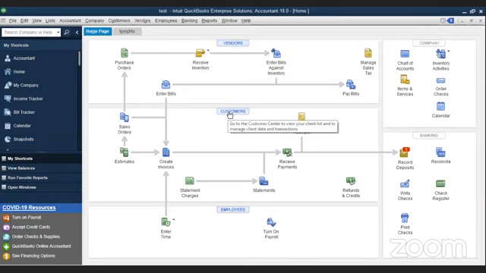Sir, at which point is the purchase recorded in the books of accounts? You want to know where the purchase gets recorded? Yes. The point at which the purchase gets recorded is in enter bills. That is the enter bills section which I taught you, not the purchase order. A purchase order is not actually a purchase. It's a rough estimate you take. You can buy or not buy, it's up to you. Enter bills is the section where you record, and that's the point it hits the chart of accounts.